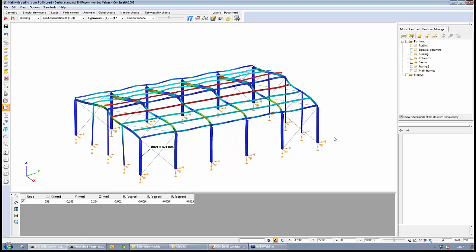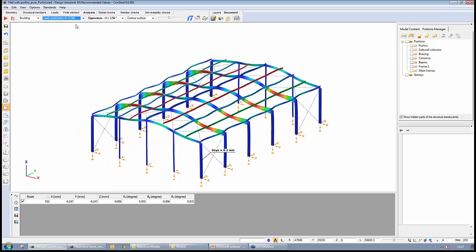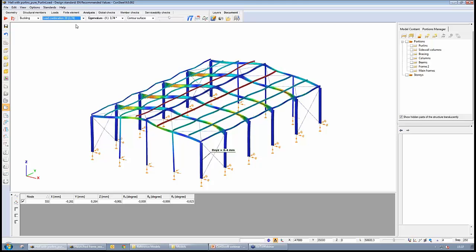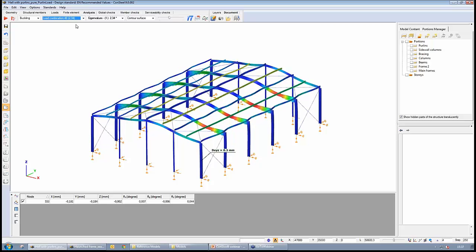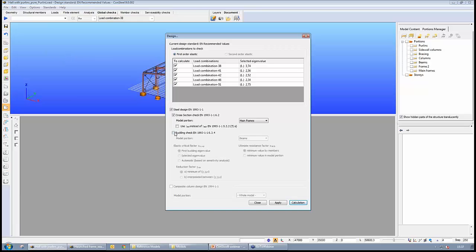And if we have these results, we can see the different buckling modes in all the evaluated combinations, so in these 5 combinations. So all of them, again, some kind of lateral torsional buckling of the frames, of the beams. And we can go to the global check and see the results, again, based on the first buckling mode and in the main frames. And if I evaluate this,